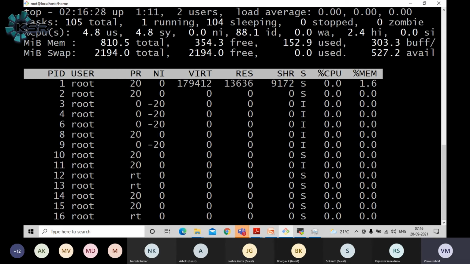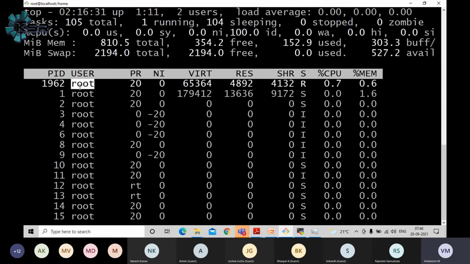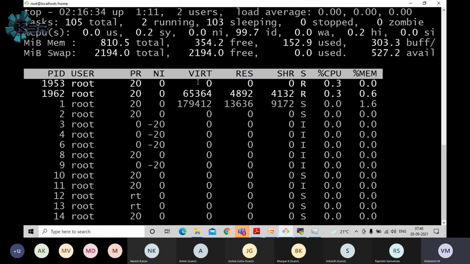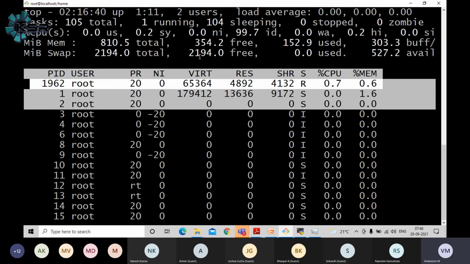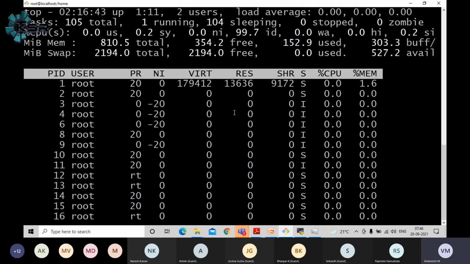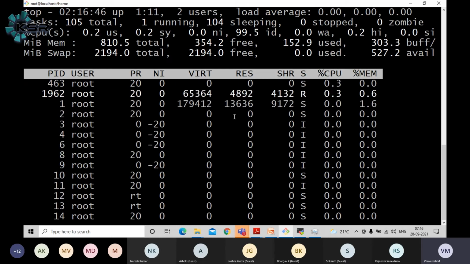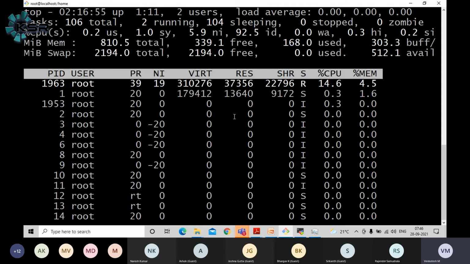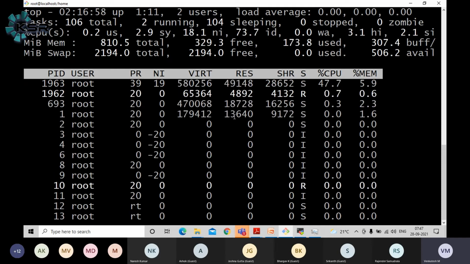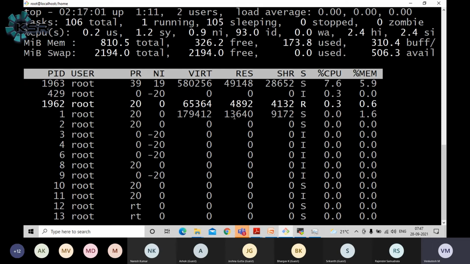When you use the command, it will show the user and what CPU and memory it is taking. Currently, I didn't install any software, that's why it didn't print anything, guys. If I install any software, it will show the service. Currently, this is a plain VM, so I don't have anything on the VM. That's why it is taking very little memory. If I install any software, it will be listed here, and it will also take some RAM and CPU usage. That's it.